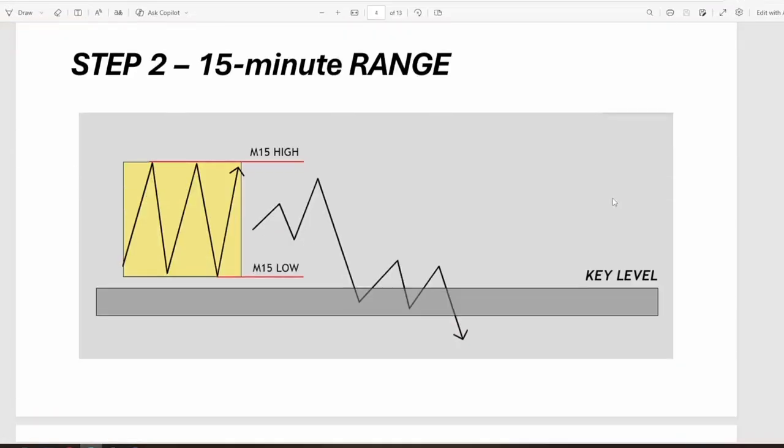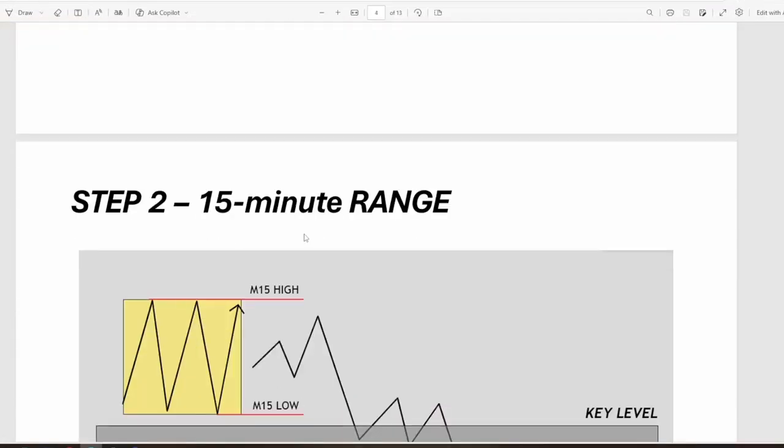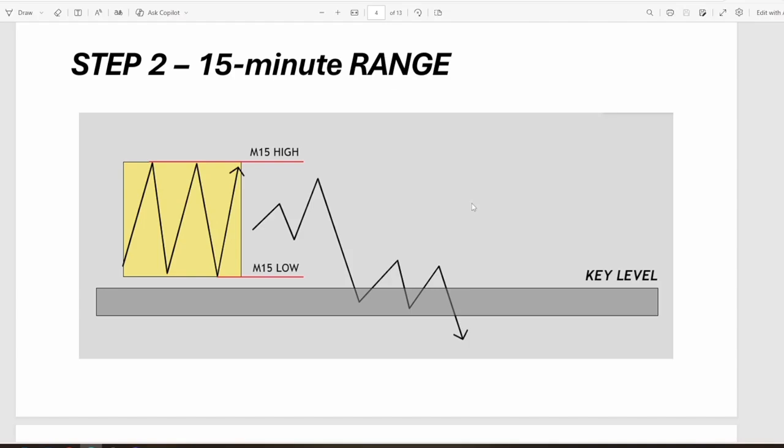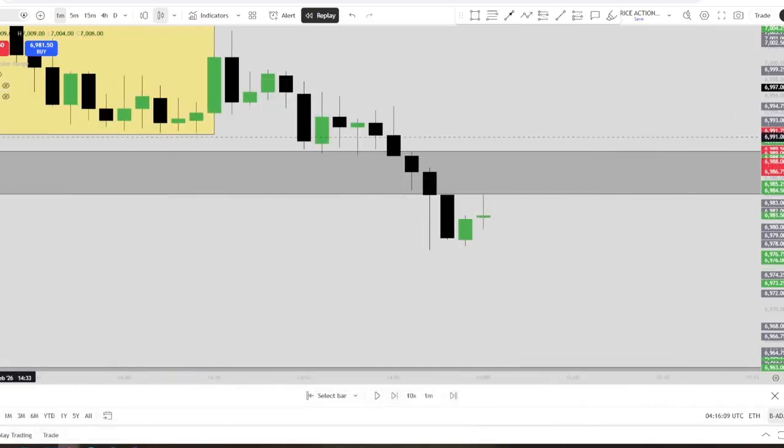So a break and retest forms like this. Step 1, we have a key level. Step 2 is we're confirming the key level with the opening range breakout. And so if you're a breakout trader, right, what you want to understand, if you're a 15-minute breakout trader, this